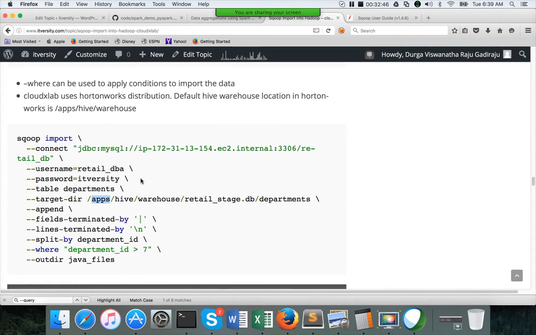So let me explain the command. Here we are trying to connect to the database using the JDBC URL, username and password. This is the table which we are trying to copy from, and this is the target directory to which we want to copy the data. Append, because we are trying to use a where condition and load new data which is not copied before. When you actually develop the data integration framework, this has to be dynamically computed, especially this value, and that's where eval comes into the picture.